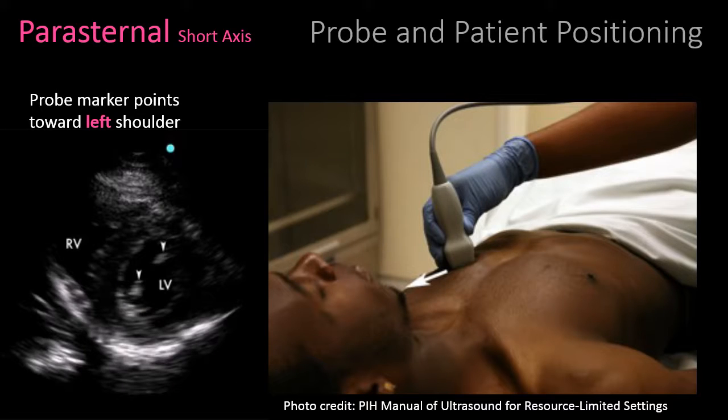So in the same parasternal location of your probe, you can rotate that probe from pointing to the right shoulder over to pointing to the left shoulder. And with the probe marker pointing towards the left shoulder, you get the parasternal short axis view. And in this view, you can see you're basically